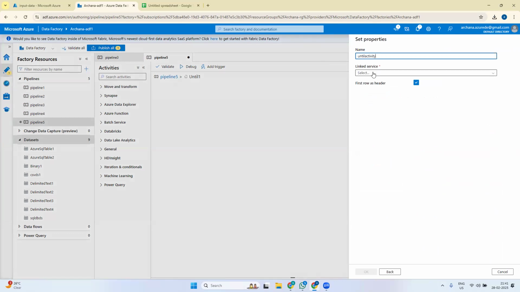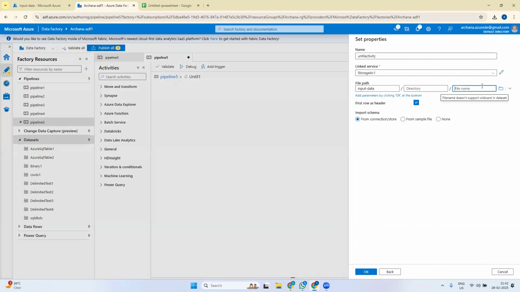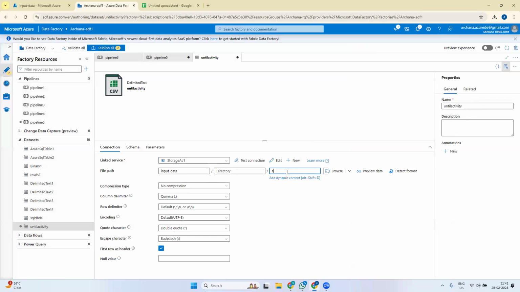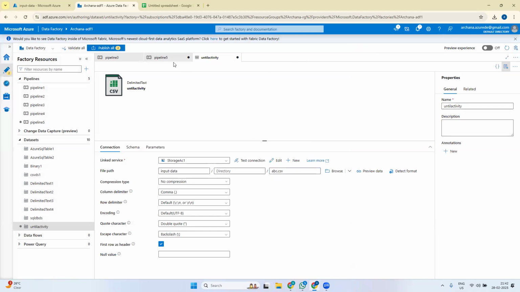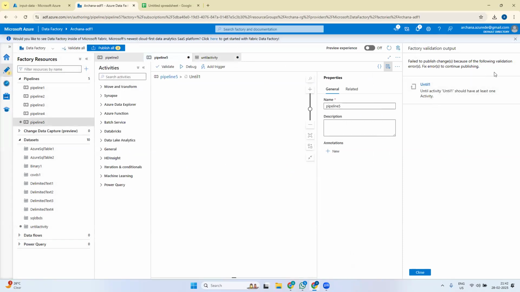Activity, linked service, same thing. Folder, input data. Okay. Here I'll say okay. Then inside the data set, I'll say it should check for abc.csv. Okay, so when I say publish, okay, let this be here, pipeline